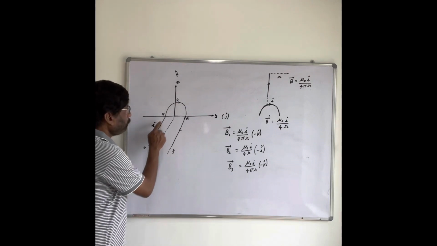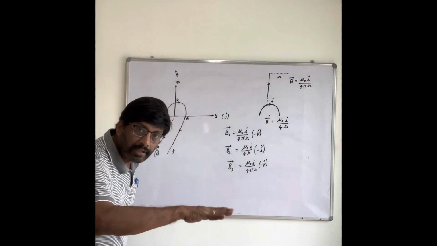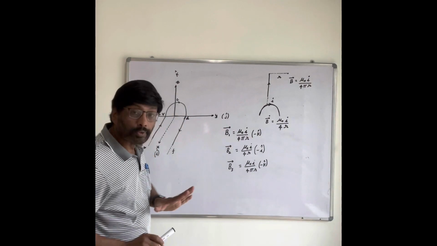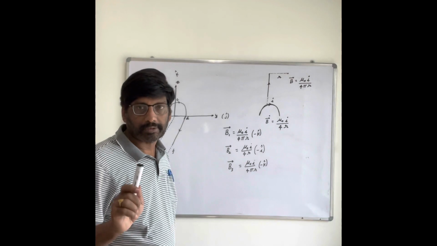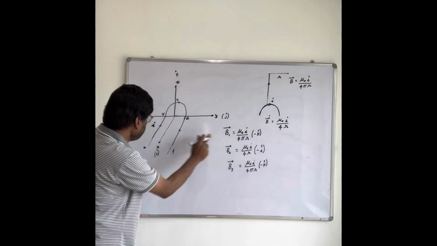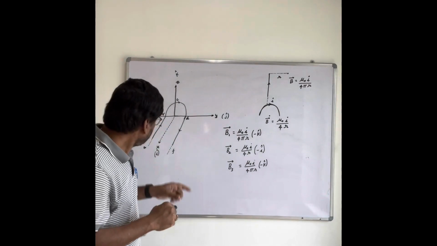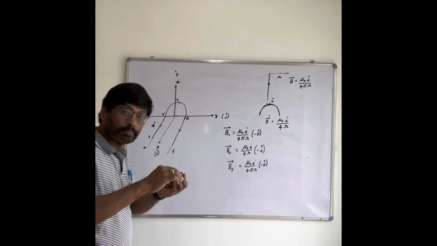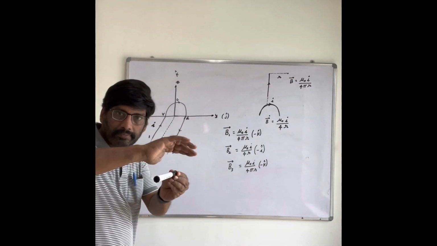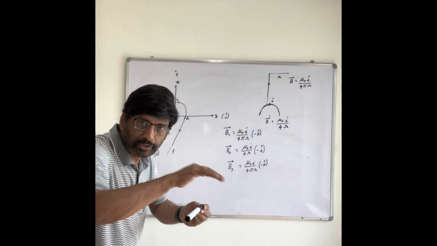Because AB and DF are semi-infinite conductors which are in the XY plane, whereas the curved part is in the YZ plane. So here the proper direction is very important. Let B1 be the magnetic field due to part AB, which is in the XY plane. We know that if the thumb indicates the direction of current, the fingers that encircle the conductor give the lines of force, and the tangent to the line of force gives the magnetic field.